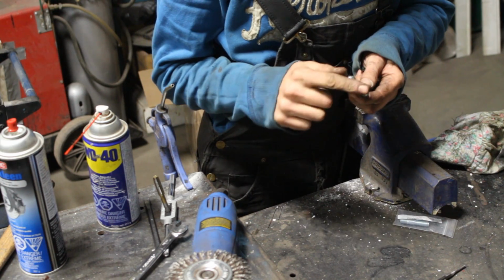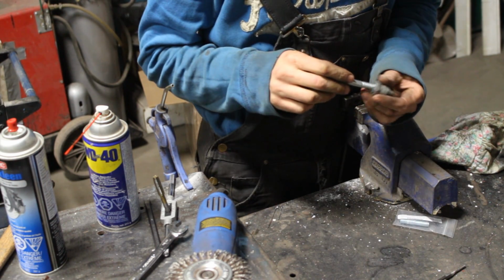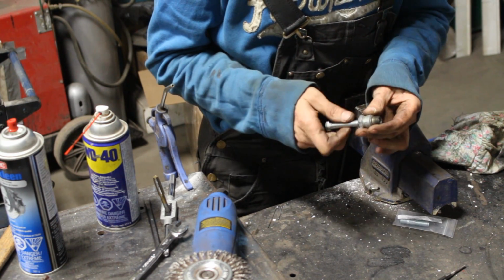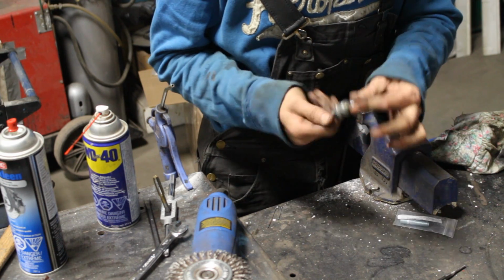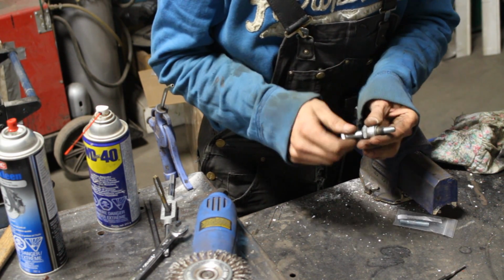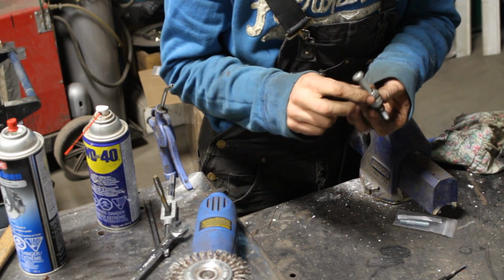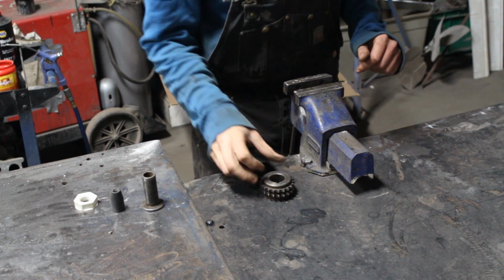I rounded the tip of the bolt so it doesn't hurt the piston, because we're gonna use that piston stop, as we said. And this tool is ready. For the degree wheel attachment, I decided to use the old gear from the crankshaft, because it already had the keyway,